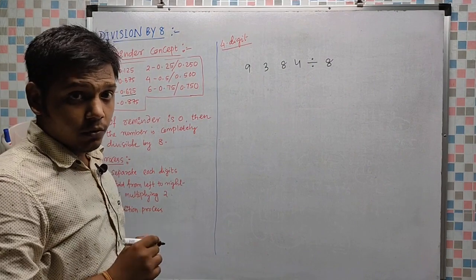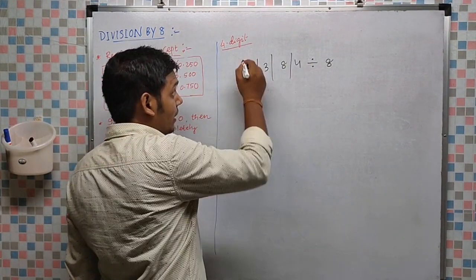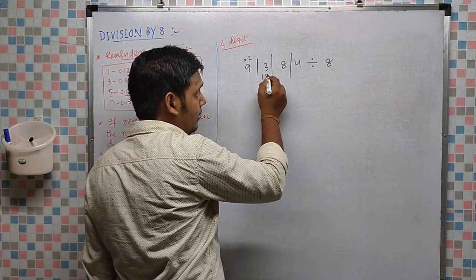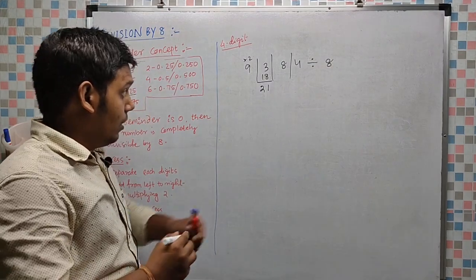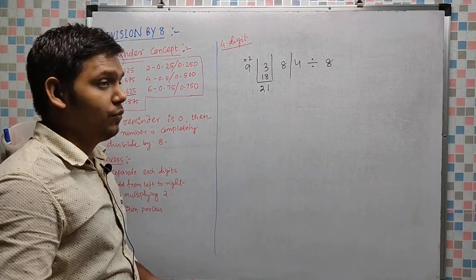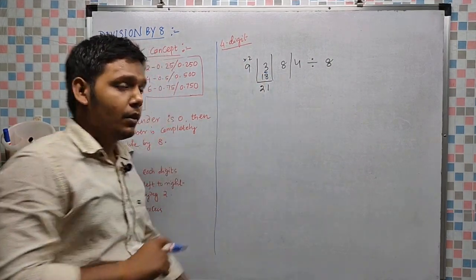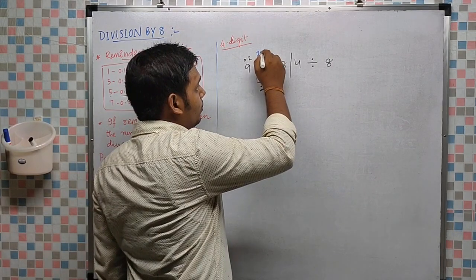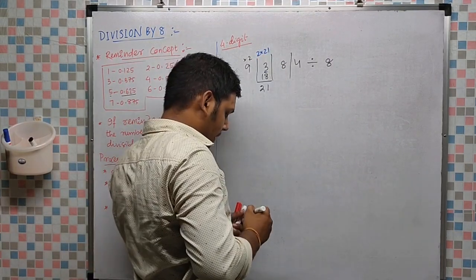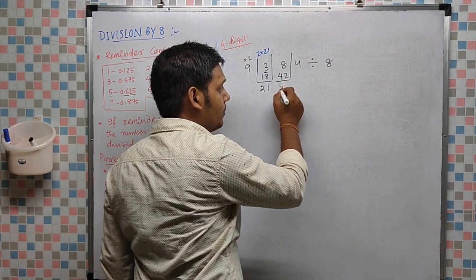So what I have to do? Obviously I have to separate the digits. Then what I have to do? 9 times 2 is 18. That is 21. Again I am telling you, this 21 into 2 we have to do further. Here we are having 3, but don't do 2 into 3. This result, means this sum, into 2. That means 2 into 21. That is how much? 42. 42 will be added, that is 50.